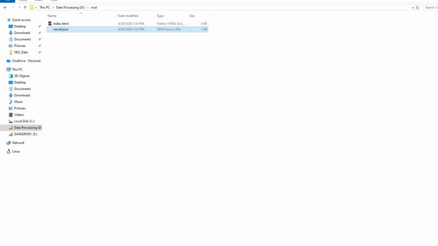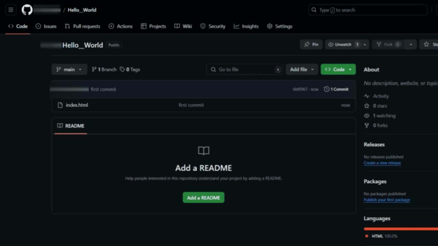For example, if your app is uploaded on GitHub, then it will look something like this. And here you have to put this vercel.json file, and once you have committed, Vercel is smart enough to understand if there is any new commit, and it will take it and it will update your